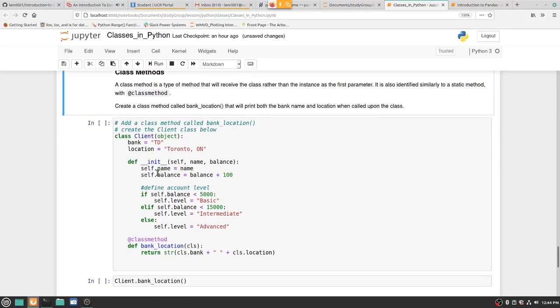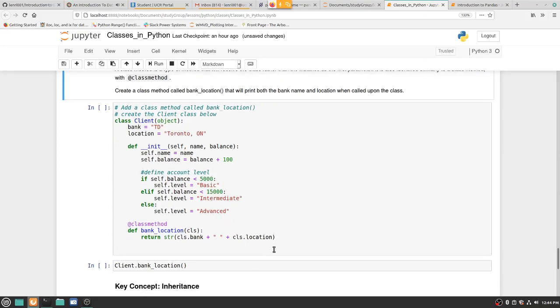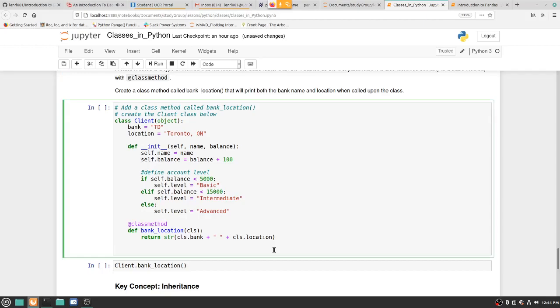And then in here we have class methods, which is kind of similar. However, in this case,